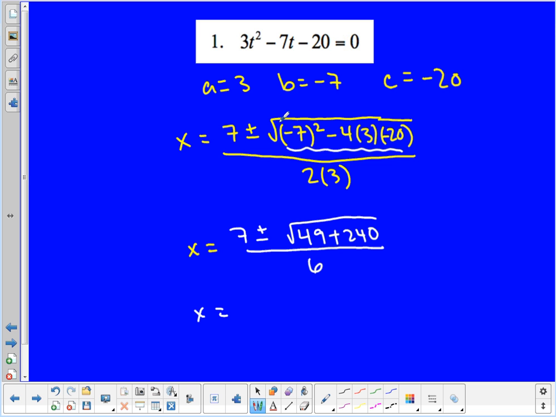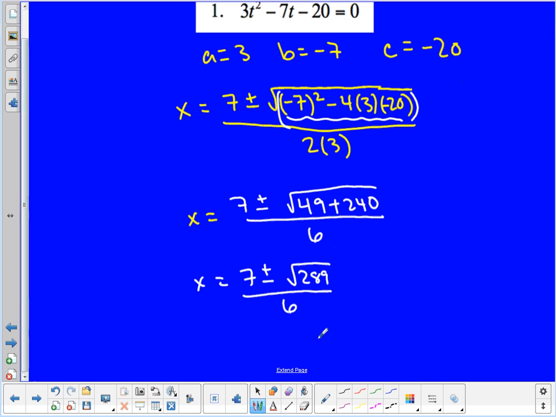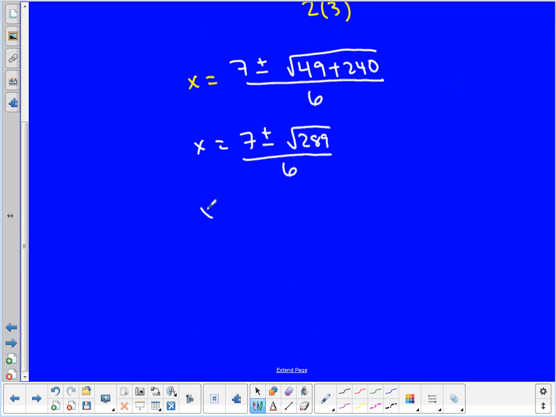Some of you may have just straight typed this whole thing into your calculator, which hopefully if you did, you ended up with an answer of 289 for underneath that radical. Okay, so 289 is what we get when we put 49 and 240 together. Don't forget to take the square root. That's a common mistake that I see people make. So I have x is equal to 7 plus or minus the square root of 289, which is 17, all